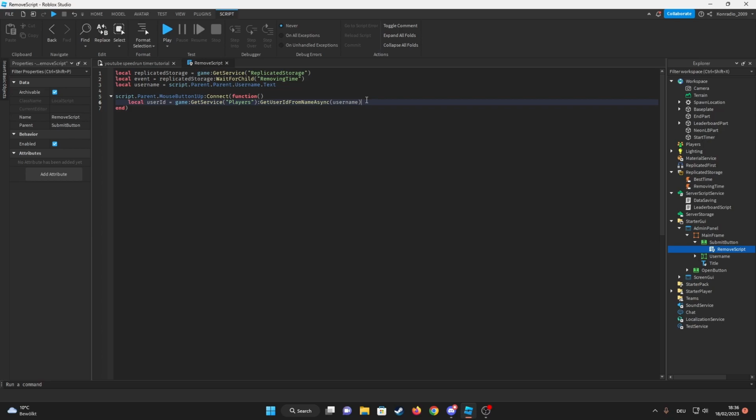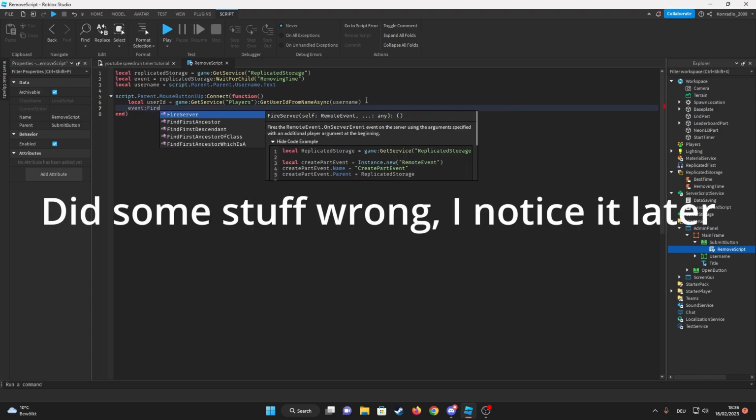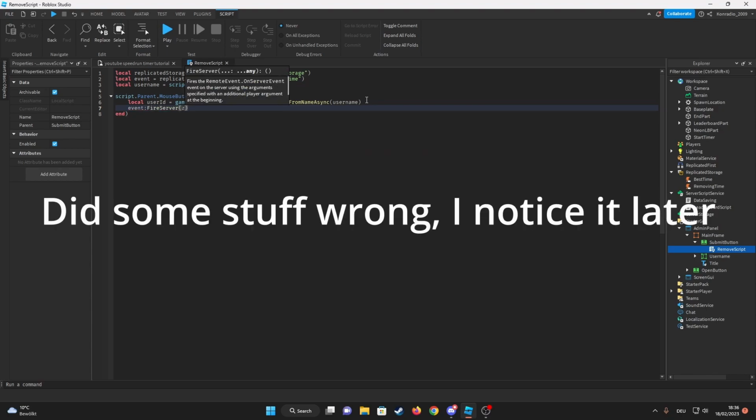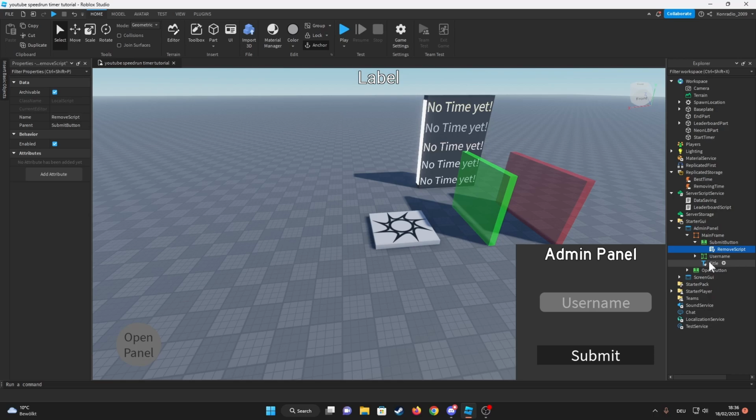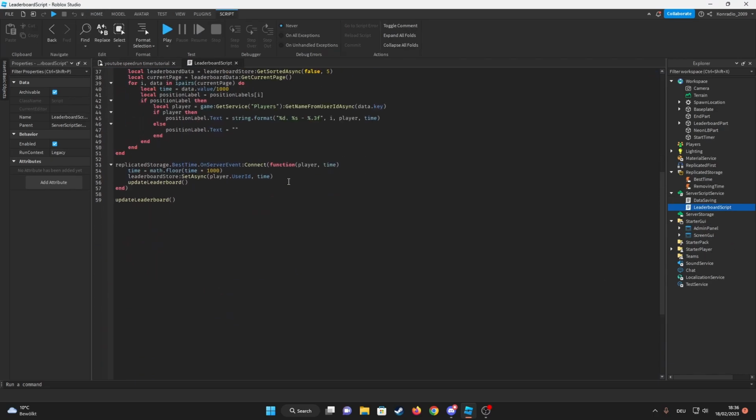And then we're just going to be doing event:FireServer, and then we're just gonna put username. No, userID actually. Sorry, userID. So now it's gonna get the userID data into the remote event, and it's gonna fire the server. And now we can go into our leaderboard script. And we're just gonna go ahead and do